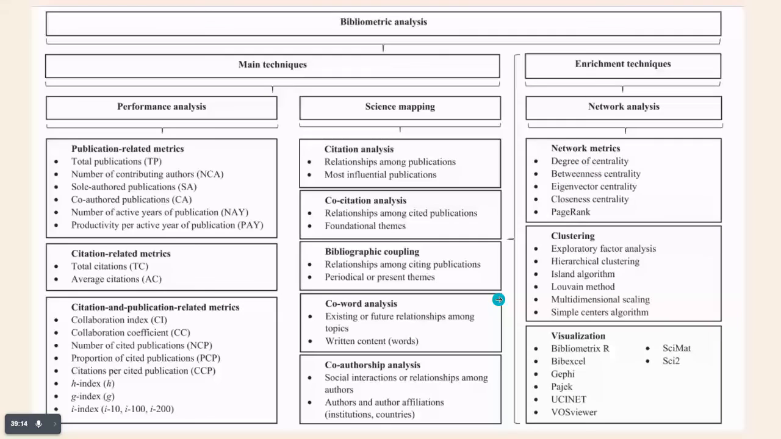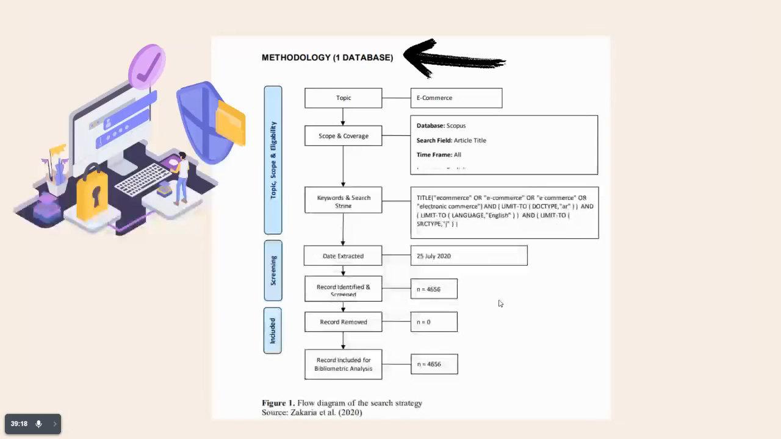Then those types of things you can actually do using network analysis. Okay, so this is one template that you can use when you are selecting only one database. Let's say you want to work with only one database. Let's say you want to use Scopus. Okay, so if you want to use Scopus,